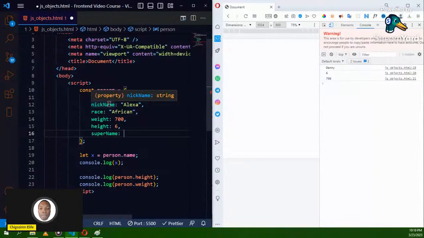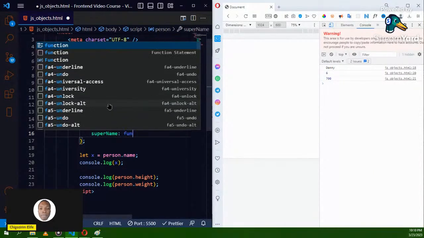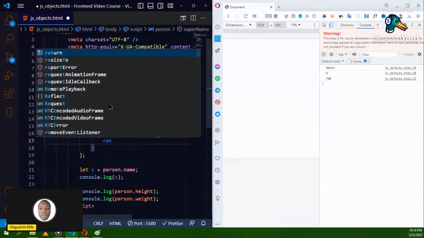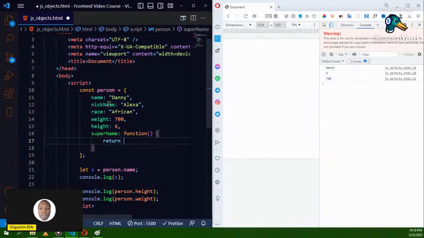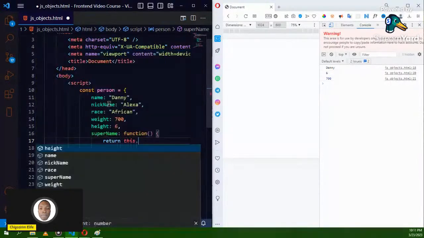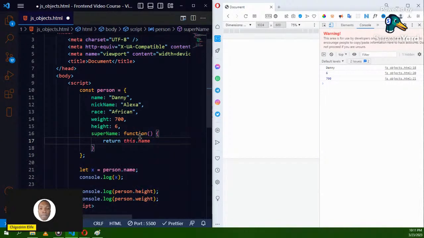Okay. So I can say function, create it. Don't give it any name. Then let this function return something. So I can say return this. As I'm saying, this is going to be referring to the properties inside the object of this person. The property inside this object called person. So I can say this name plus,